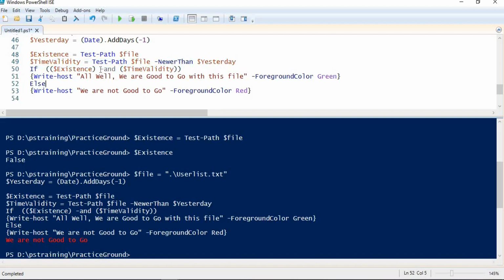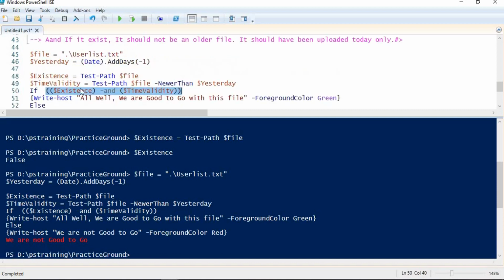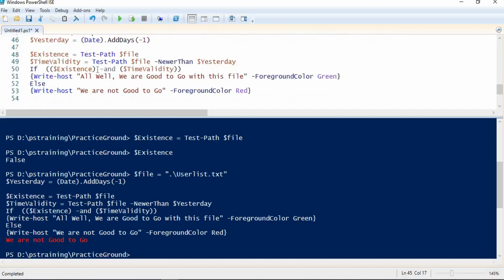As you are already aware, if I use the AND logical operator, both the conditions sitting on its left and right should be true to make the complete statement true. Because my file doesn't exist as of now, that's why I'm getting this statement as false, and that's why the code that needs to be executed if my condition is false is being executed.